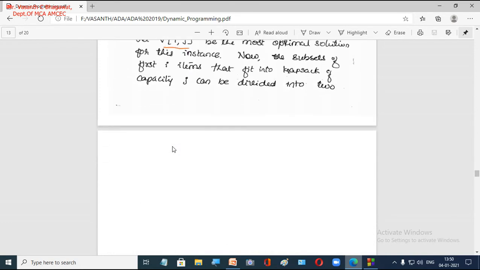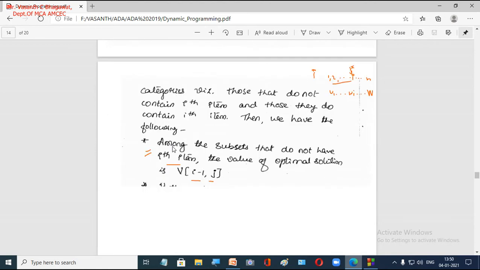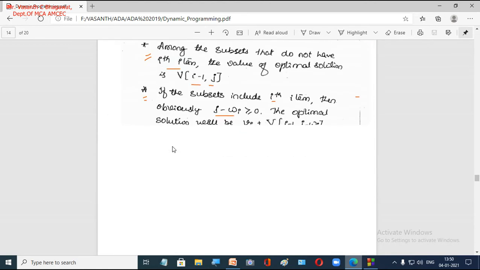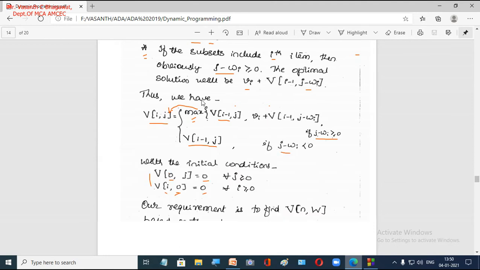In solving this particular knapsack problem, as we have seen in our theory, the most important equation, the recurrence equation, is this one. It is a maximization problem, so we are supposed to maximize. Based on some initial conditions, we are given the items. For each item the profit or value is given, the weight of the item is given, and the maximum capacity of the knapsack.